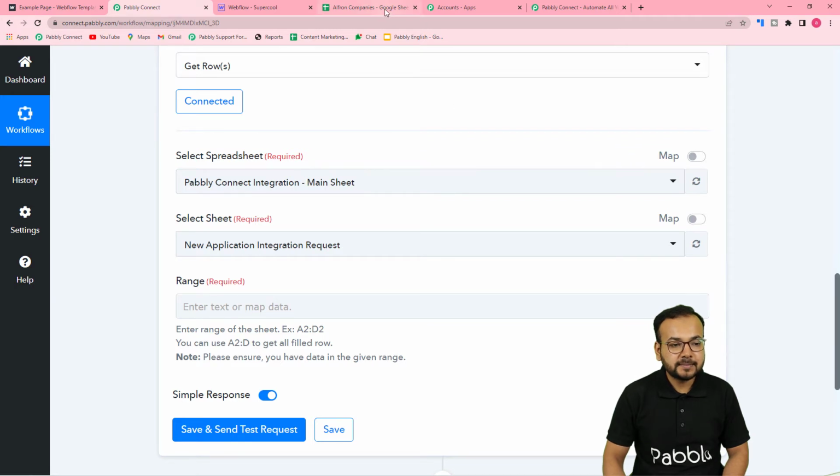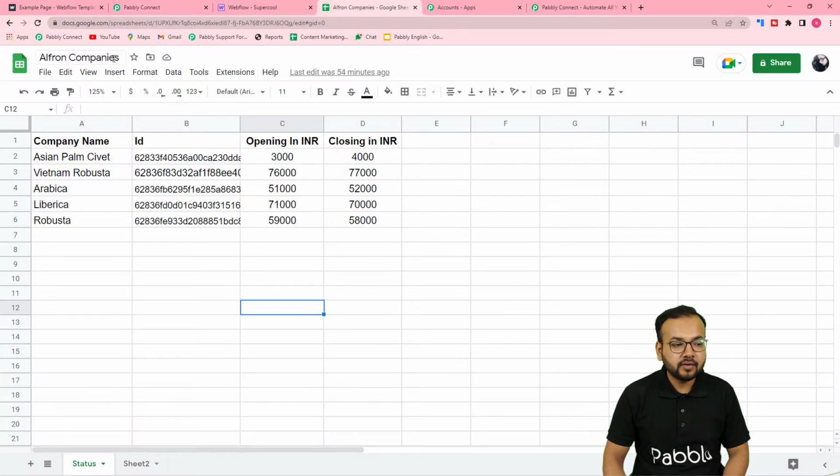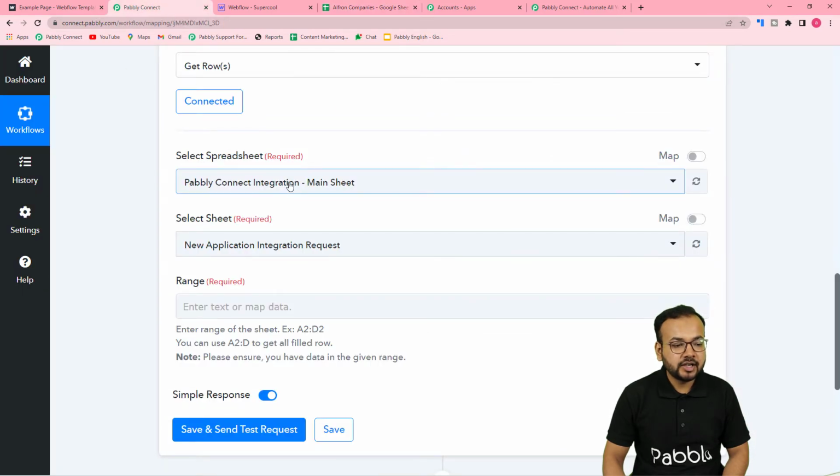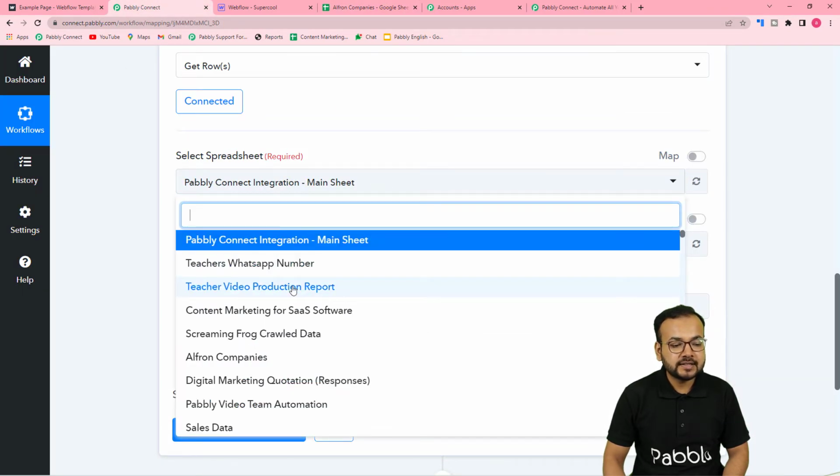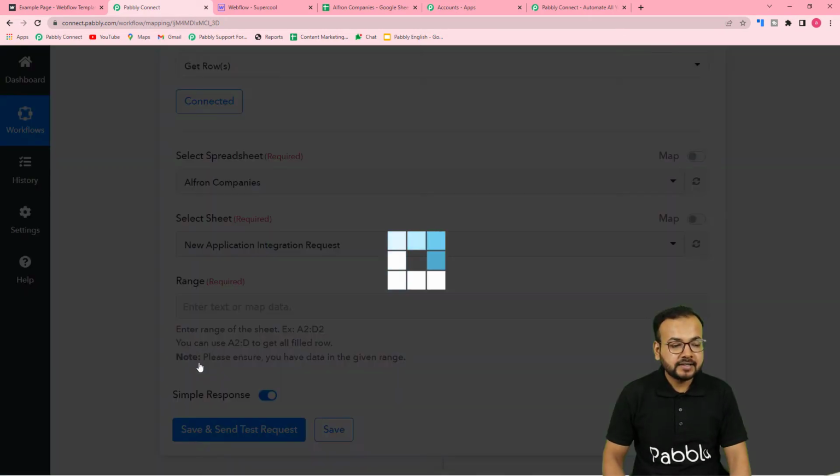So guys, this is my spreadsheet named as Elfron Companies. Okay, so I'm going to select this sheet here from this list. So in this list, it will show you all the sheets that you have created. From here you have to search for your sheet, which is this. Select it. Okay,